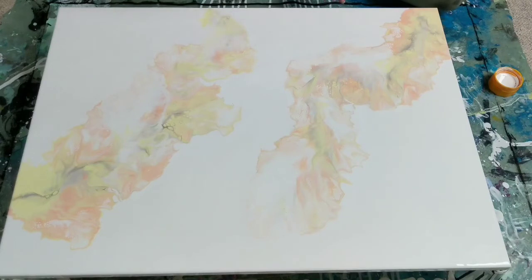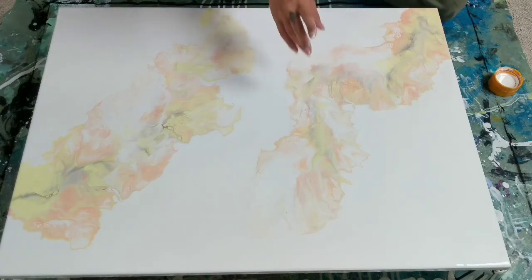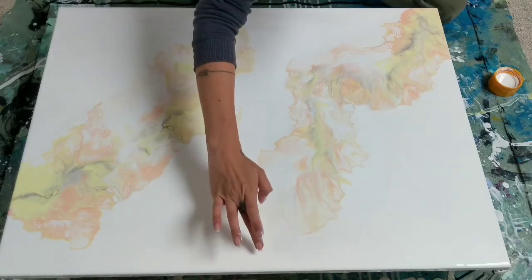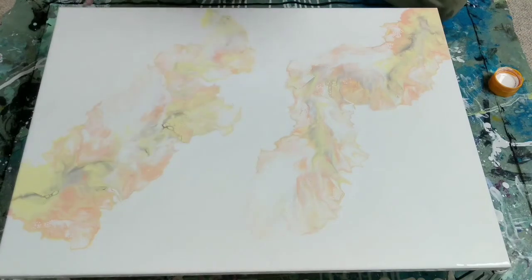I really like the softness. Beautiful. I'm really happy I ended up adding a little bit of silver in there to give it a bit more shine. I can't wait to see how this one dries, guys. Just had a little blob in there. I don't think I'm gonna touch it anymore. I think I'm just gonna take you guys down for a close-up, and then I will show you again once it's dried so you can see how the colors really...